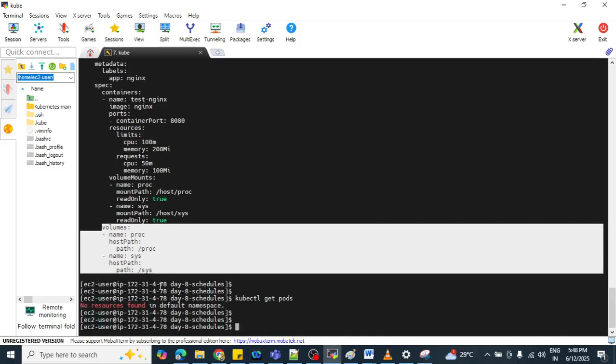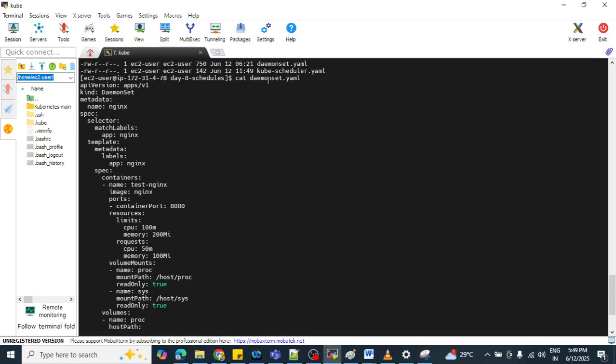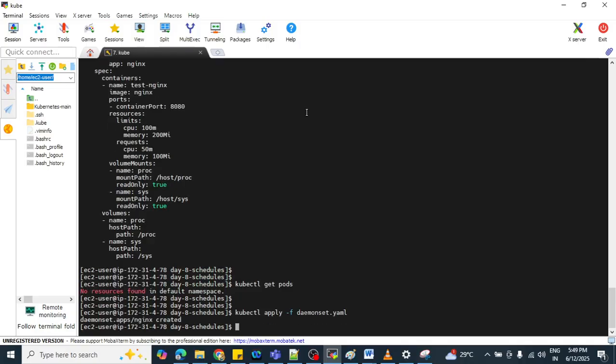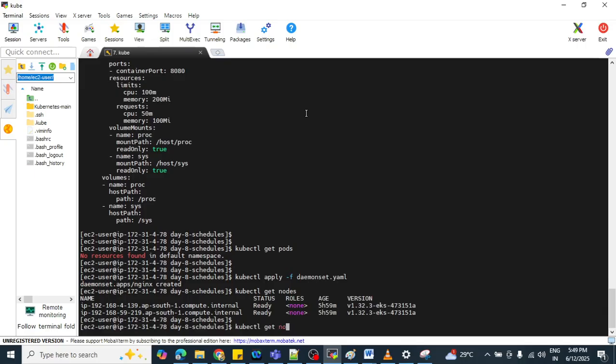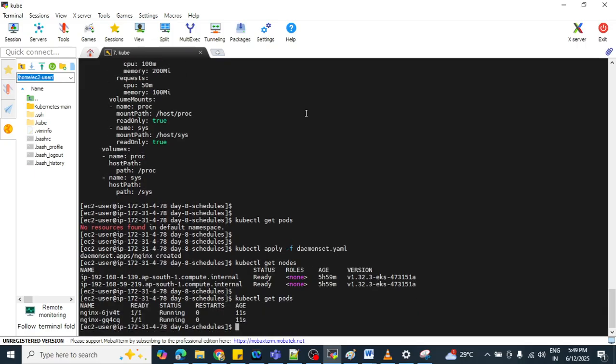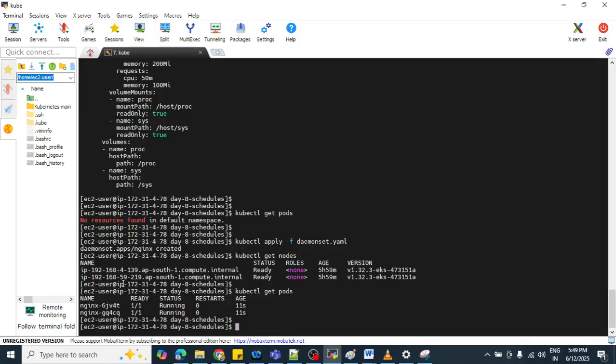Let's try to see kubectl get pods. No pod is currently running. Let me apply, sorry, kubectl apply -f, and let me run that YAML file. Now kubectl get nodes. Two nodes are running here. kubectl get pods. Now you can see these two pods are running. And if you run the -o wide command here,